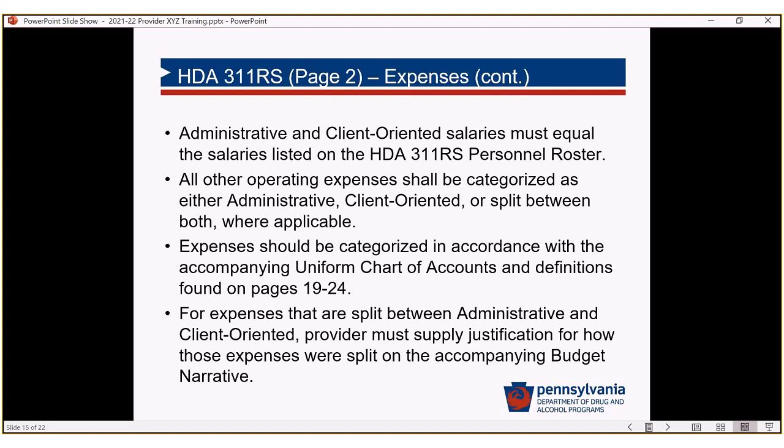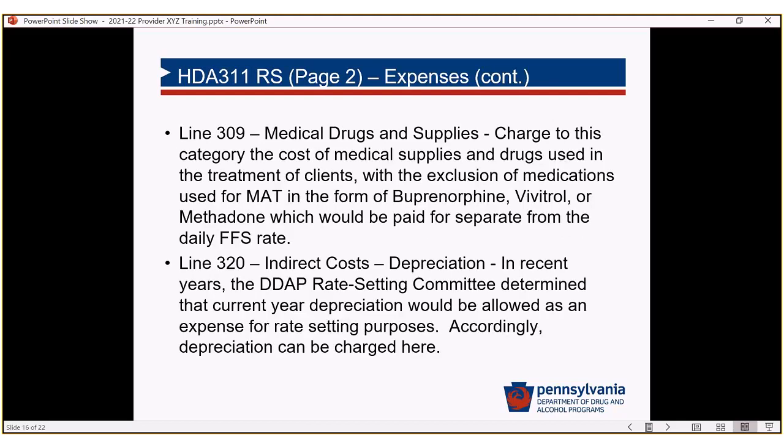For the expenses, the line items that are actually on the expense sheet, we have definitions in the packet for you, identified as a uniform chart of accounts, and those definitions can be found on pages 19 to 24. That gives you a quick reference to go back to if you're unclear how to identify or classify your expenditures. Next slide. Okay, I'll take over from here.